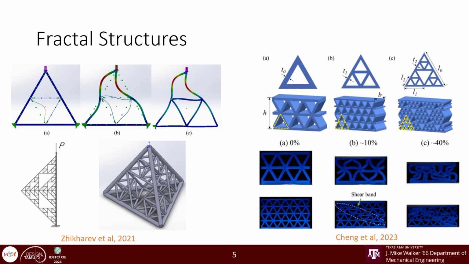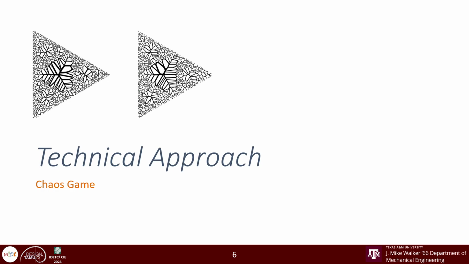These methods are all forward design explicit methods, where the exact fractal is defined through some sort of geometric properties, and then tested. In this case, you can see here H, T, L, those kind of parameters are explicitly defined. These approaches do not create families of similar structures, but rather each structure is unique. For our approach, our goal is to use a forward design method, which can also create families of structures that